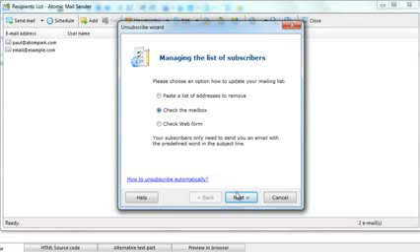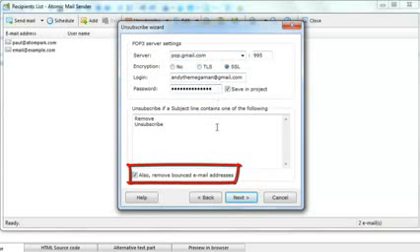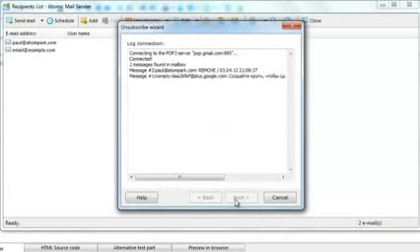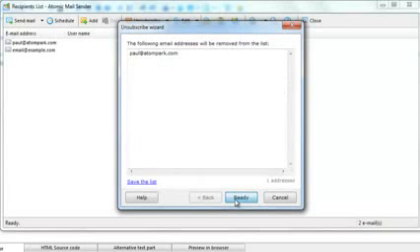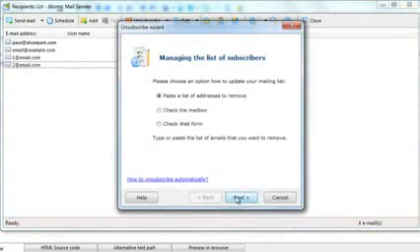Another way of unsubscribing recipients is asking them to reply to your email and put Remove or Unsubscribe in the subject field. You need to put your surname, login and password to your email account. If you want to remove bounced emails, leave the checkbox here. Atomic Mail Sender will check your mail, find messages with those keywords in the subject lines, and remove the email addresses of those who requested to unsubscribe from your newsletters.